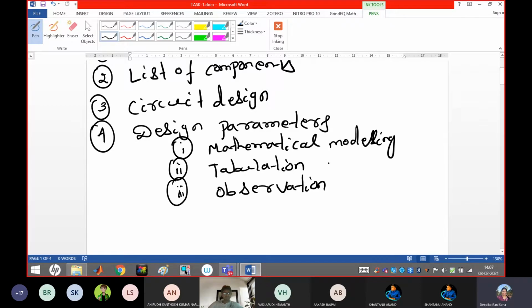Observation and tabulation both are the same thing, but it varies as per the experiment. Where you are using the content in the form of tabulation and where you are just observing the value and the changes in your output. Okay. And fifth one is model graph.